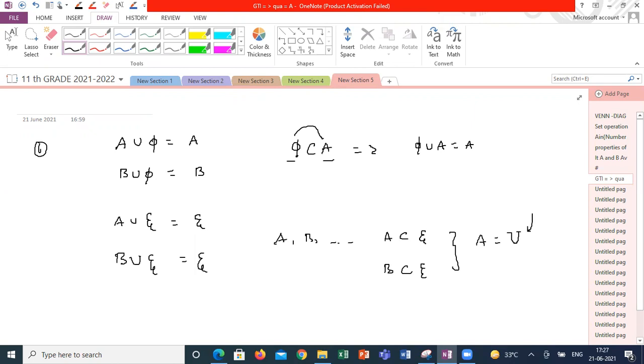When you do some numericals based on these properties, it will be easy to understand the purpose of these properties. Only knowing the union is not important for us. Understanding and application of the properties in numericals is important for us. Is it clear? Shall I move to the next one? Yes, sir. The next one is intersection.